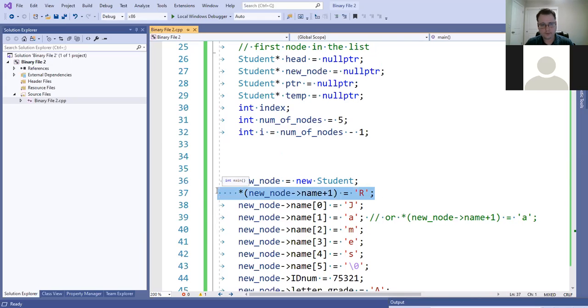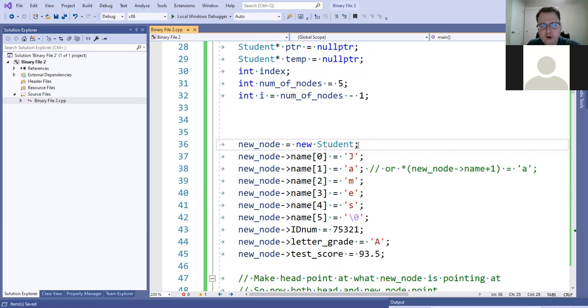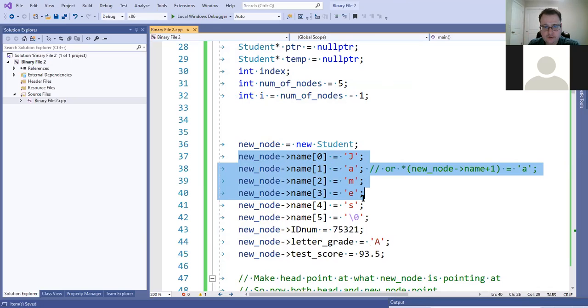So similar to before, we start by creating an object here, and now it's a little bit different though, because it's not a string, right? It's an actual array of characters. So what we're doing is we're individually setting each character one by one. So the first name here is James. And then after that, the other important thing here, so that when we print it out, we're not going to get any extra garbage printed out, is after the name itself is